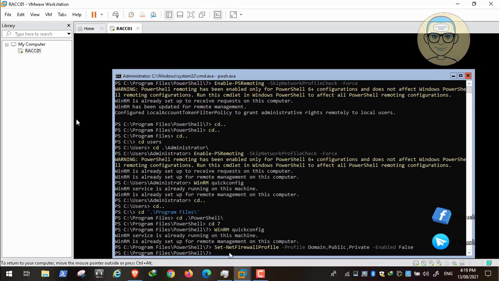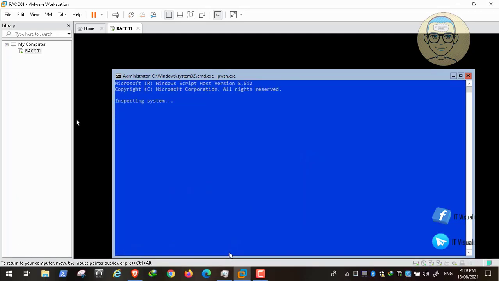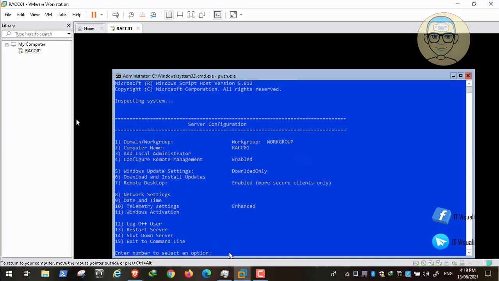But anyway, now we will go and type sconfig and then configure the Windows update. We will type 6 to download and install updates. 6. Okay,